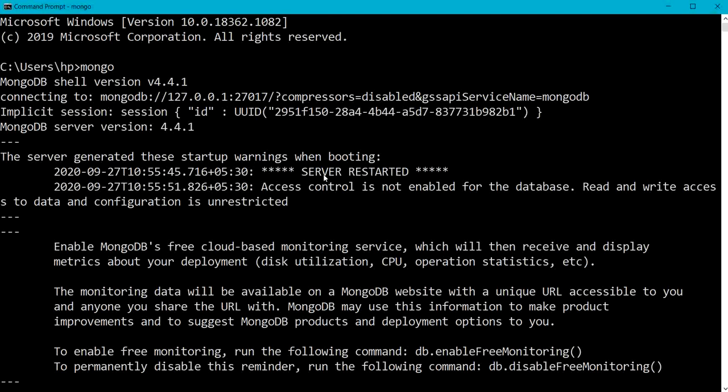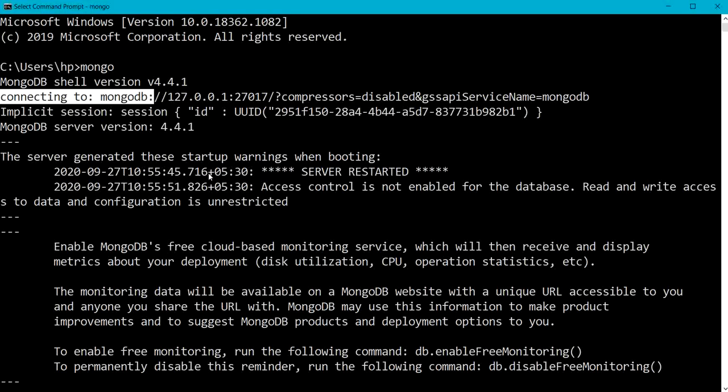To start MongoDB shell, we need to go to the command line. So here, this is the command line and we run the Mongo executable. So you need to write mongo on the command prompt, and the shell automatically attempts to connect to the MongoDB server. So this is what I am getting, the message connecting to MongoDB. The MongoDB shell is a full-featured JavaScript interpreter.